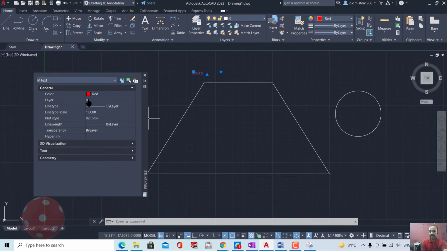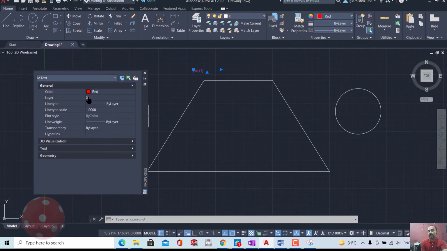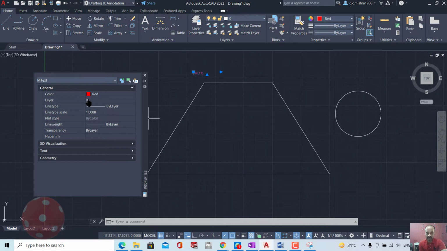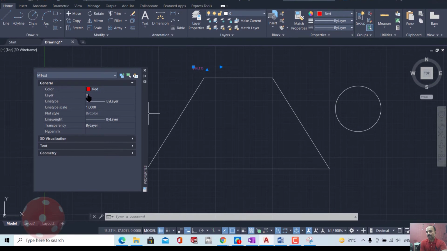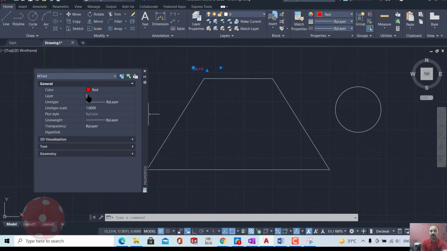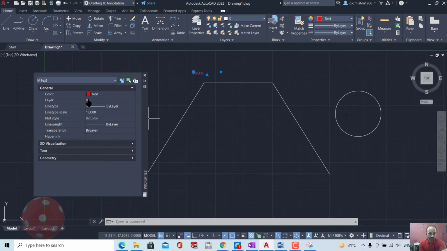For example, if you are creating wiring in any building, then one layer will be wiring. So electrician should know wiring only. He need not know about plumbing items. So you can use layer for specifying some items.